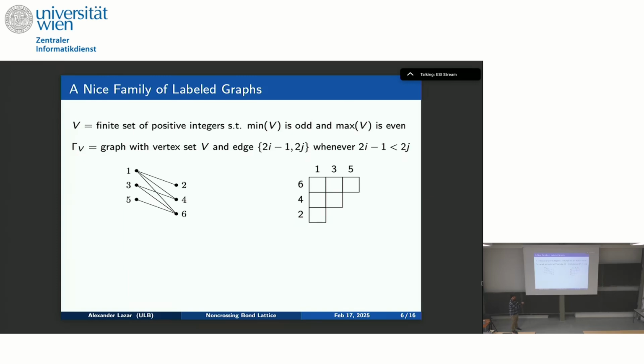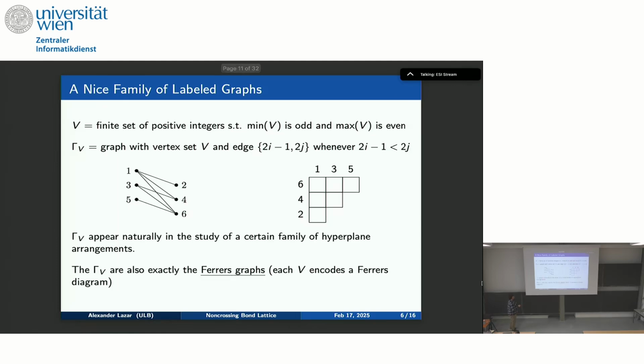then that's this graph. And if you want to think about these more intrinsically, just graph theoretically, you fix a finite set of positive integers with an even minimum and an odd maximum, and then you've got an edge from a smaller odd to a bigger even. And it turns out to be the same thing. And it turns out that this characterization here is exactly the class of Ferrers graphs. I mean, up to different choices of labels that can give the same graph, obviously. So these are nice for various algorithmic and enumerative